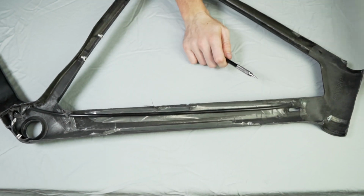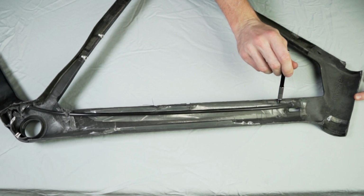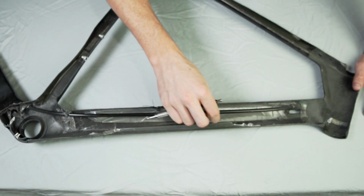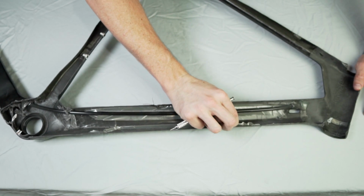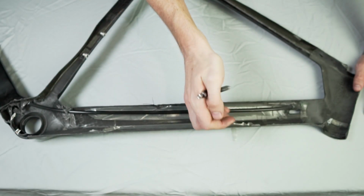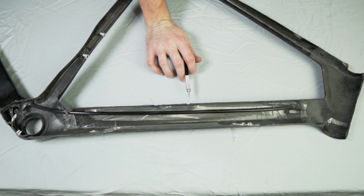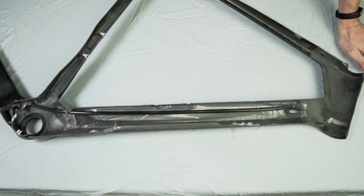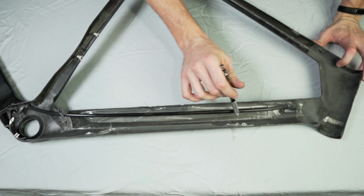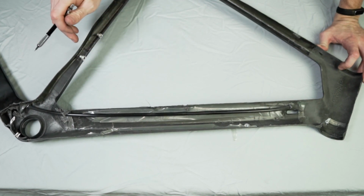But overall, I don't see any issues. They did leave the bag material in here. Now I'm not sure if that's standard practice, but I guess it's the bag material. It's very thick plastic, and I've only seen it on the down tube. I haven't seen it anywhere else. There is some minor rippling,